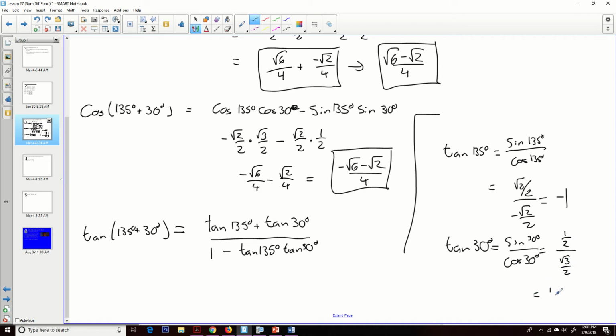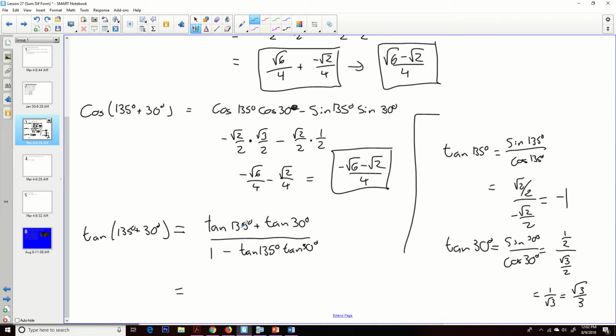My 2's cancel, give me 1 over square root of 3, and we know that we can't leave a radical in the denominator, and we've done that a couple times now, so square root of 3 over 3. And if you need me to show those, I'll do it in class. But those are the values that I want. And so I get,